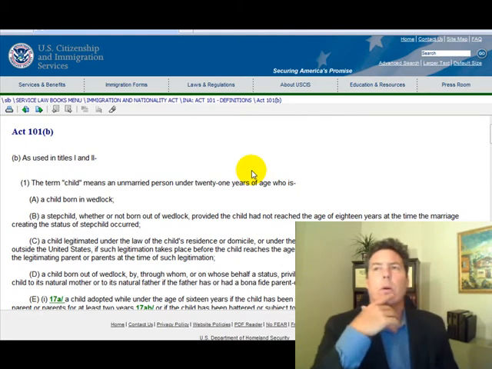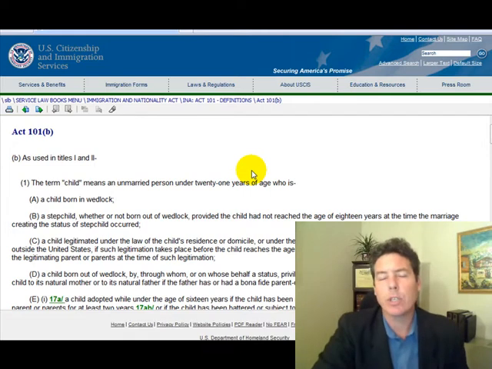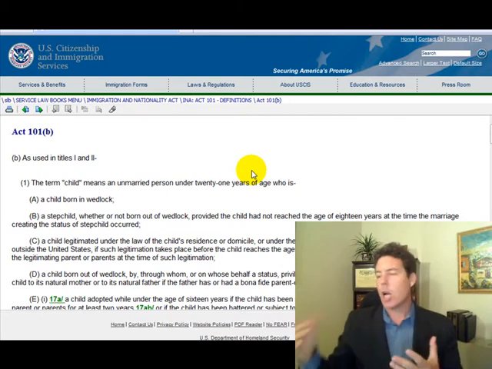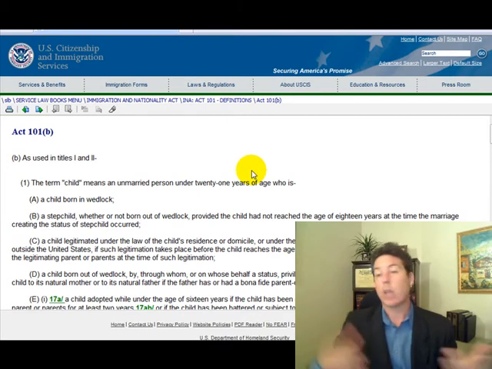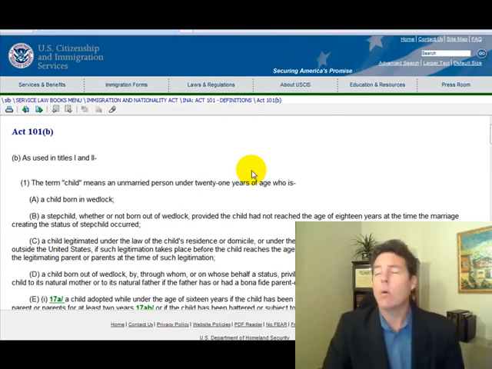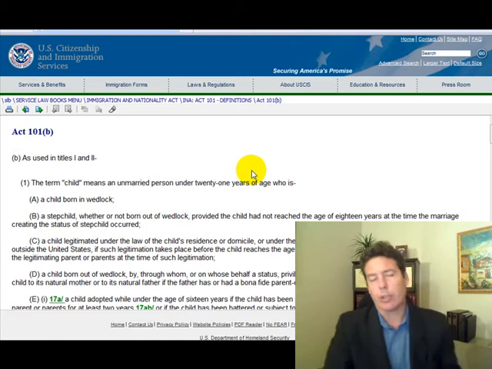And when I first started practicing, we had a lot of emergency cases because husband and wife get together, they get married. Husband wants to file a petition, an I-130, for the spouse. Husband also wants to file an I-130 for the child. However, the child is going to be turning 21 in 2 weeks. What could we do? Well, we had to do these extraordinary measures to get the petition filed on an expedited basis, and we'd write "age out" on there, and we would go and file it in person because it was an age out. It was a very elaborate process to capture these children before they aged out,